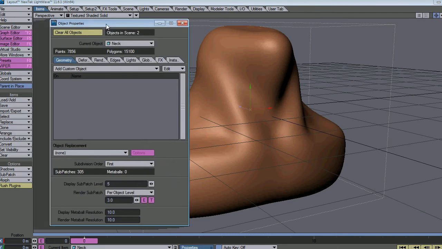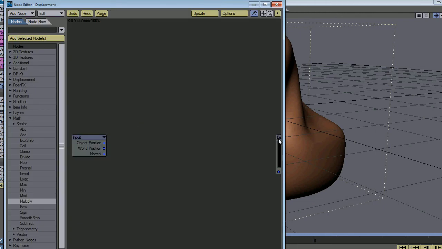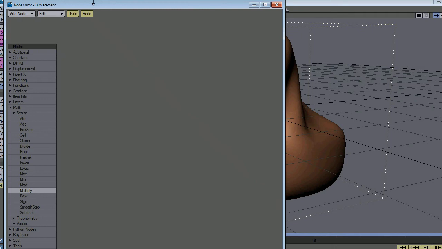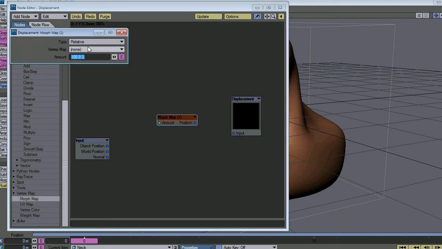Let's select this guy here and go to this deformation, and in here we need to tell our morph to morph. So vertex map, morph map,